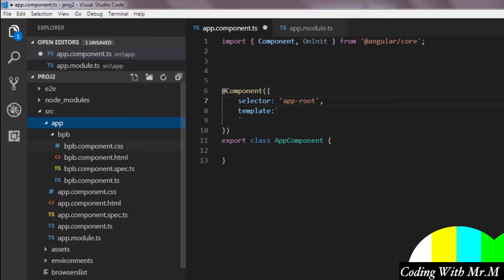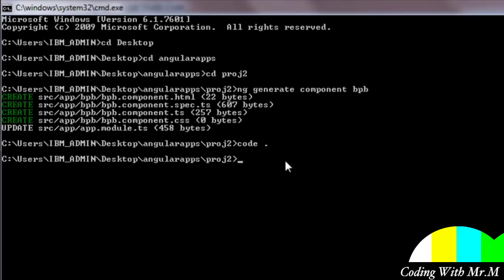In that case, while creating the component using CLI, we simply use one command. Let me just write that. We'll use the same command that we used above, ng g c, the short form now. Now that we have already created the BPB folder and BPB component, we need to create some other component. Let's say BPB1 is the name of our new component. But I don't want to create a new folder called BPB1, and instead I want this component to be created under the app folder. So for that we have a command called